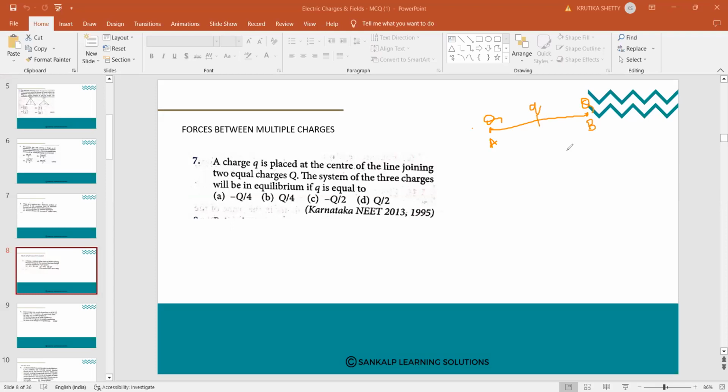That means, how much the q value should be so that the system is in equilibrium. The system is in equilibrium. So what is the value of q in terms of capital Q? You need to simplify this one. Okay. So how we are going to understand this? That is,